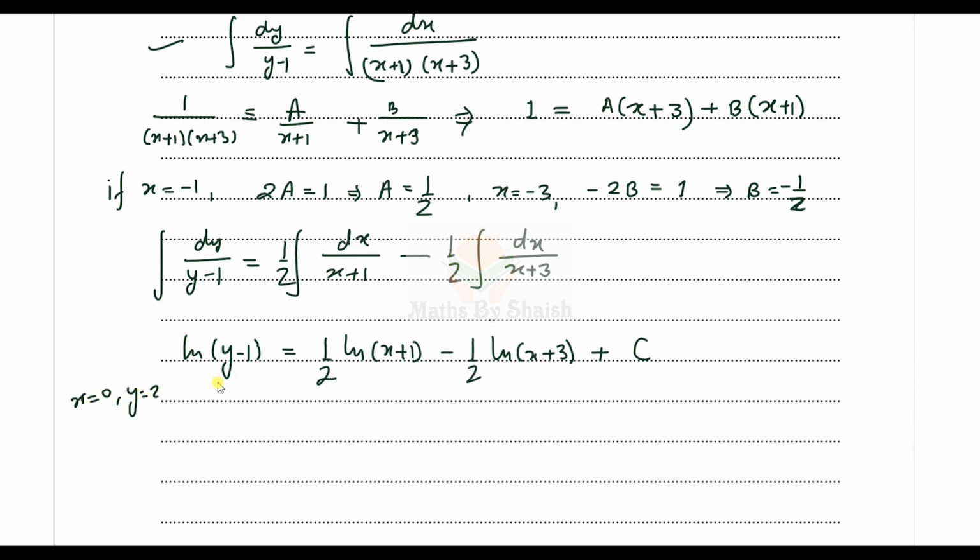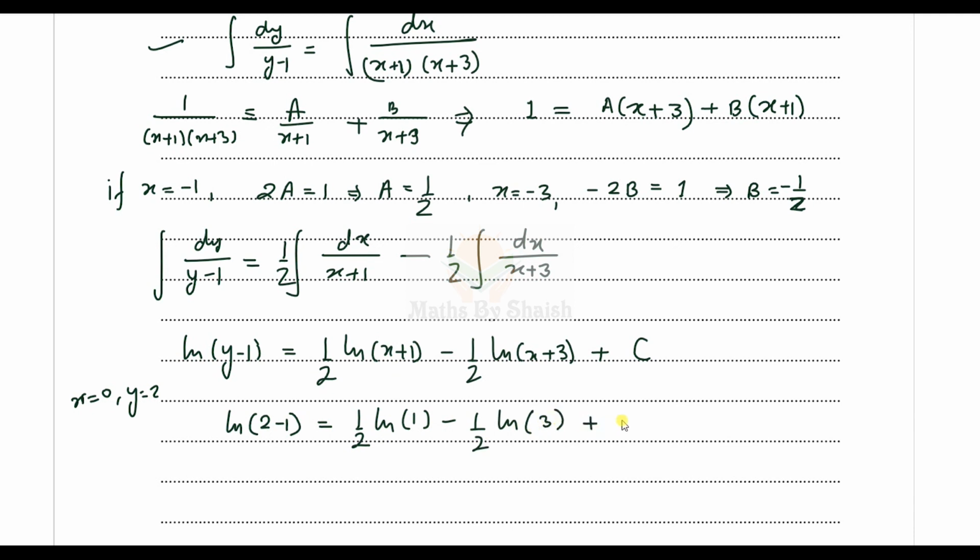So let's replace the value. We'll get ln of (2 minus 1) is equal to half ln 1 minus half ln 3, because x is 0,